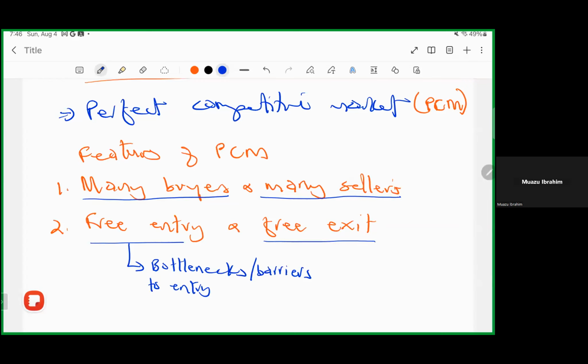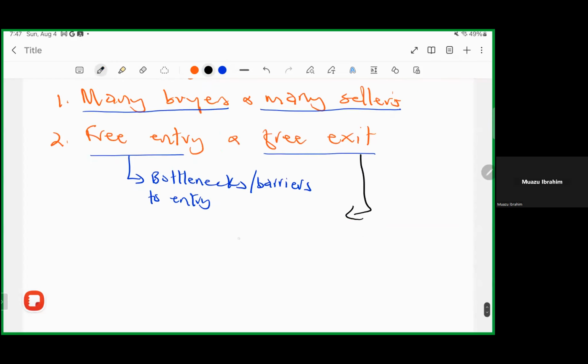Free, which means that there should be no bottlenecks to entry, and there should be no bottlenecks to exit. Here again, there should also be no bottlenecks or barriers to exit. No bottlenecks